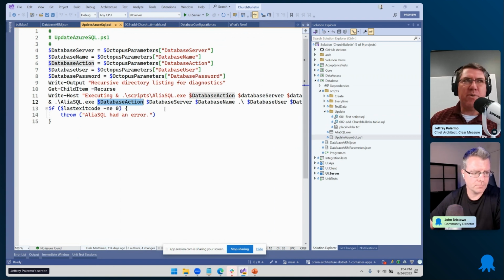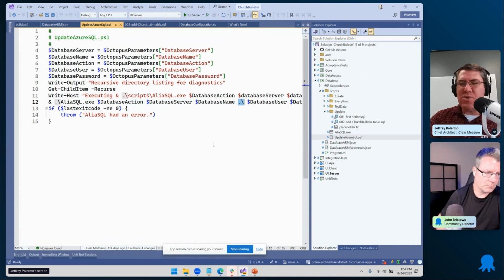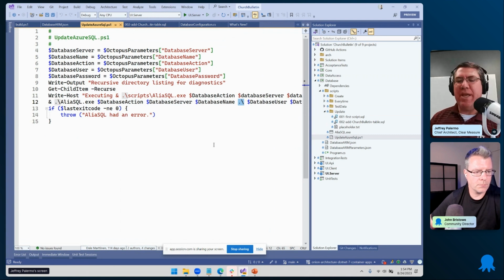And in a build server, we would say recreate. And then where is the database server? What's the name? And then this, of course, is the path to where we find the directories. And then what database user and database password. Okay. So putting a script right here in source control and then packaging this up in a NuGet package enables your deployments in Octopus Deploy to be standardized across any number of applications that you might have,